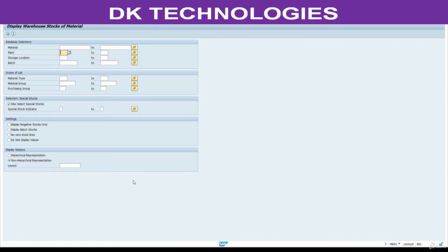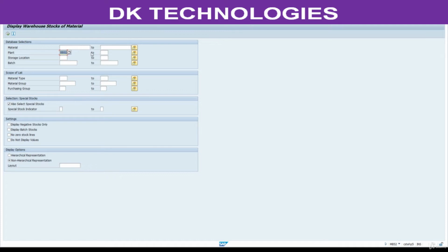Now this is the MB52 T-code before doing the parameter setting. Now just refresh this MB52. Plant will appear here because we defaulted at user level. See, plant is getting updated here automatically.